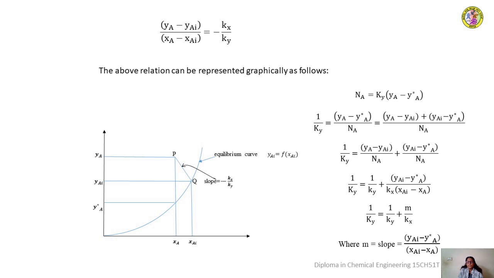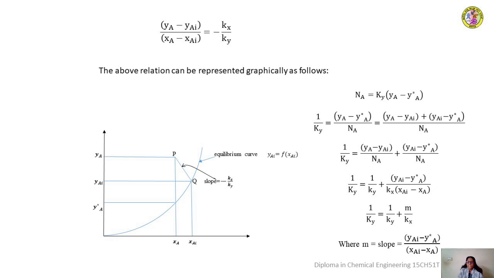So using that, you can substitute the values in the equation NA equals capital Ky into YA minus YA star. The YA and YA star values are obtained from the graph. So then you can get the rate of mass transfer or the flux of mass transfer NA. So here the equation 1 by Ky equals 1 by small ky plus m by small kx